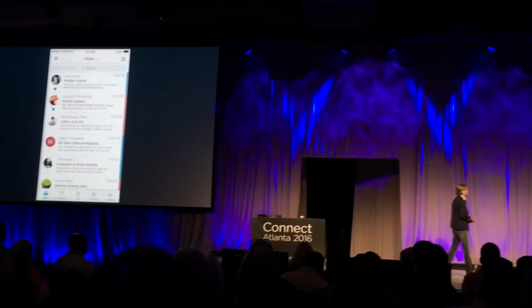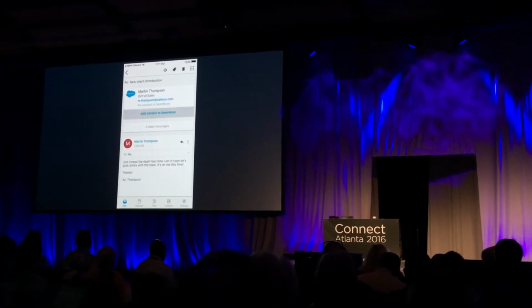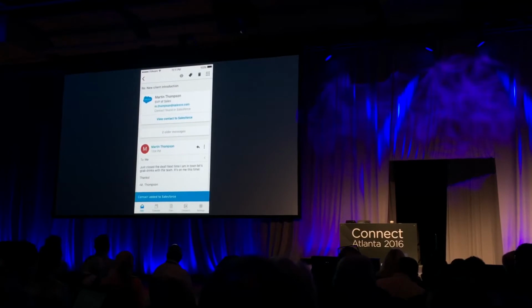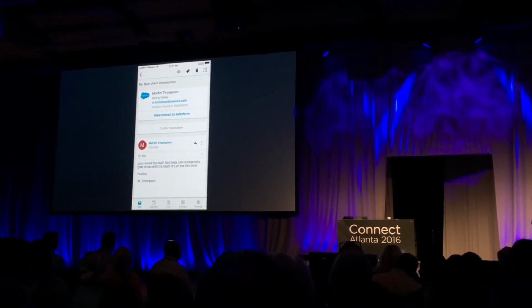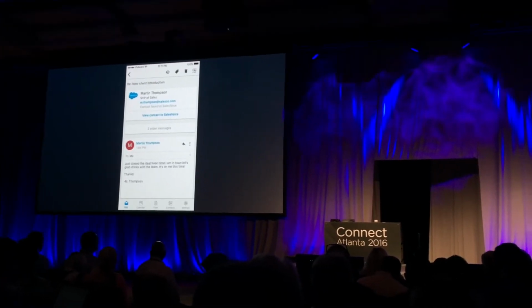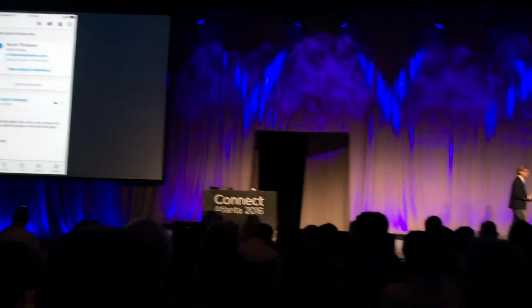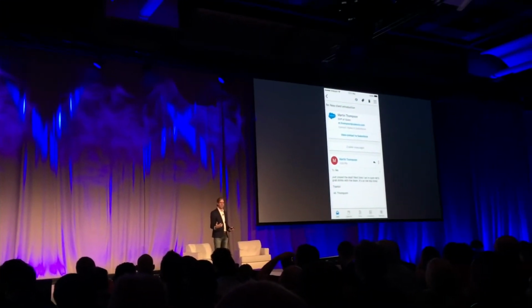Let me take that a step further. Here I have a contact that's in Salesforce. I'm able to view the contact, save the contact, and view all opportunities associated to that, right in the phone. Imagine this in your environment, where you may have a business process or a back-end application that says, based on the email address coming in, what information do I need?